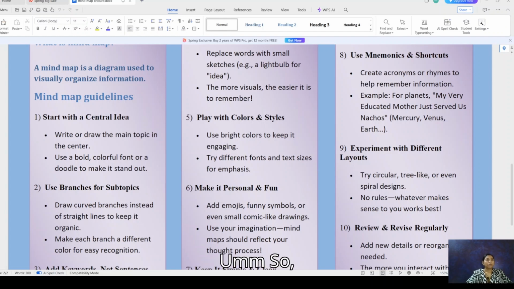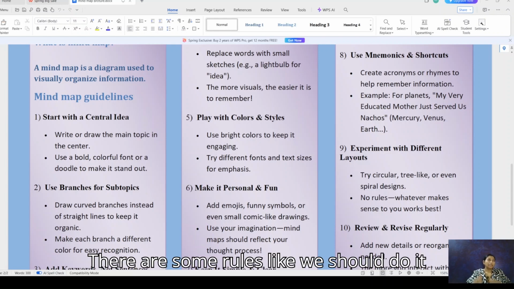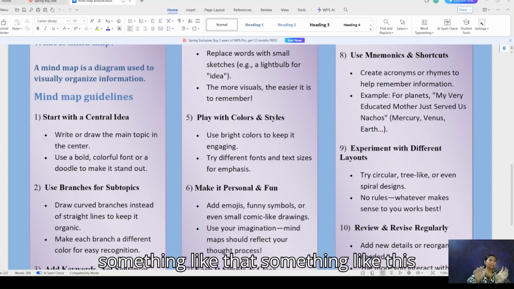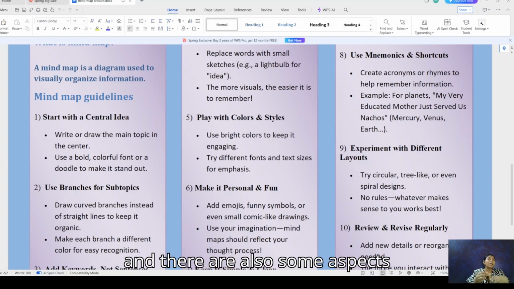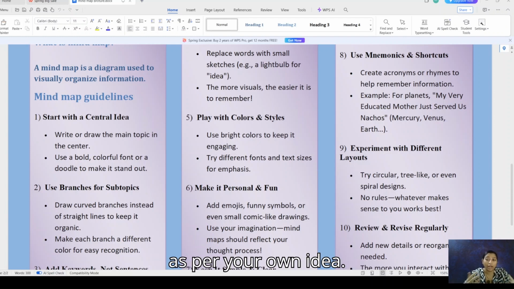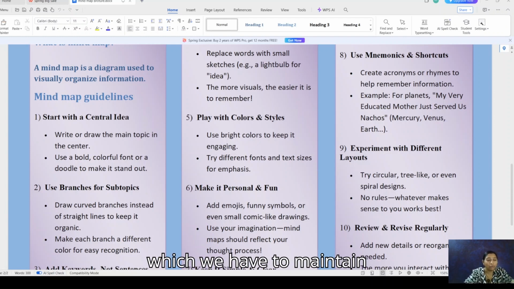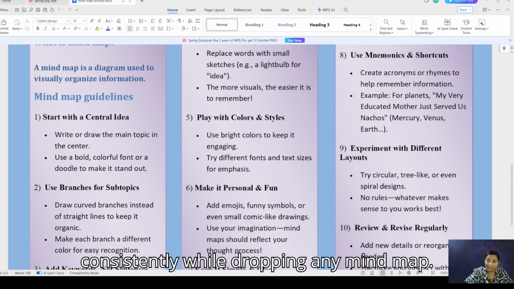So let's go through the main steps. Whenever we are doing something, there are some rules that we should follow, and there are also some aspects where we can explore more. Mind mapping is a subject with a lot of scope to customize your drawing as per your own idea. So let us see the basic few points which we have to maintain consistently while drawing any